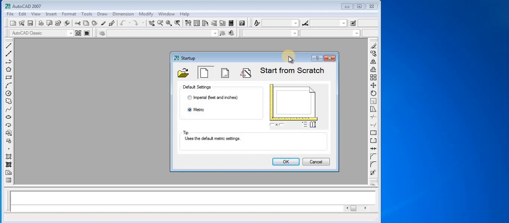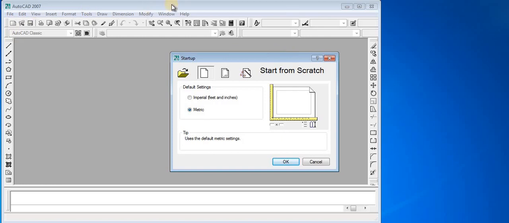Mostly the graphic tools are increasing, the size of the software increases, and the burden on the system also increases. But for our basic purpose, this AutoCAD 2007 is sufficient. It will have all the core commands required to draw minimum basic drawings.